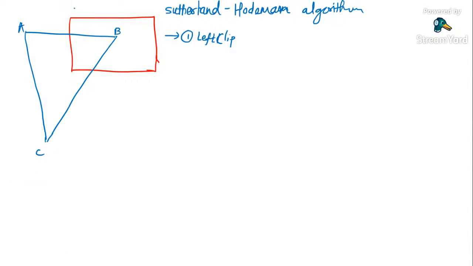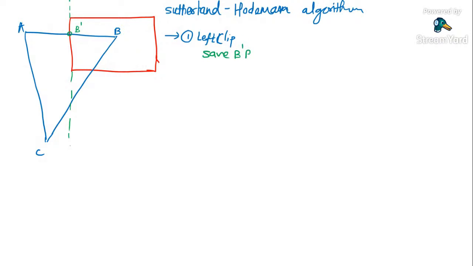Now see here, this is the left boundary. Don't think that this is only the left boundary, it is going from up also. Now apply the 4 rules. As AB is going from out to in, whenever it is going from out to in, you have to save the intersection point and the second point. So save